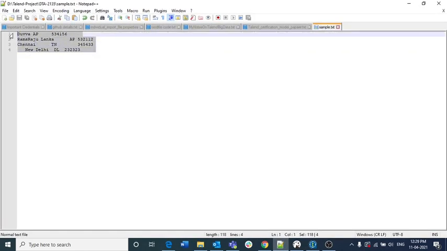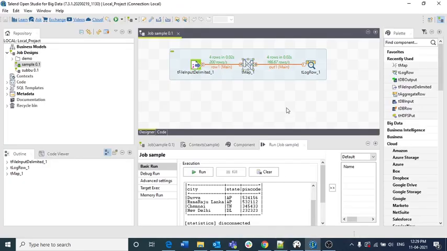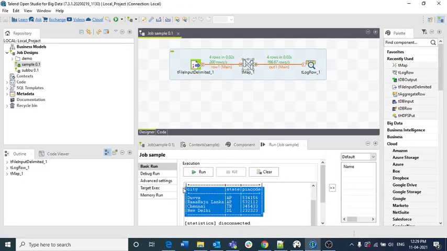If you have multiple spaces before and after the word, then you need to use the string handling trim function to remove those space characters. And if you have multiple spaces in between, if it is a tab, then you need to use \t. If it is multiple spaces, you need to use \s plus. That means it will select all those multiple spaces and delete those. Once you delete those, you will get the final output like this.